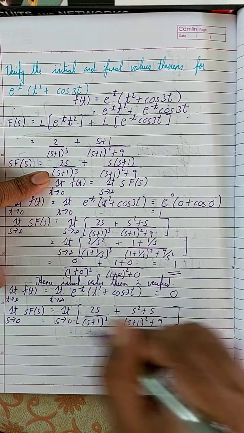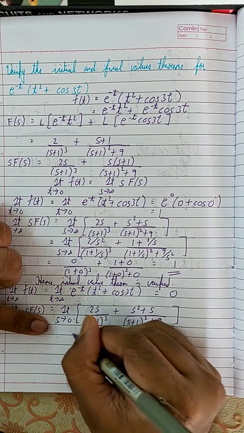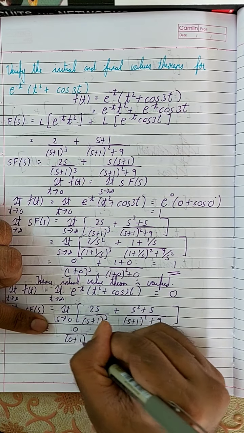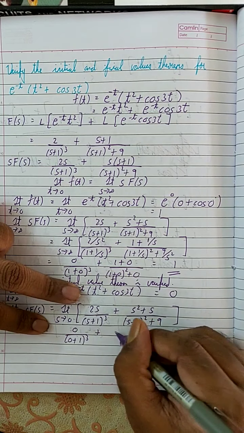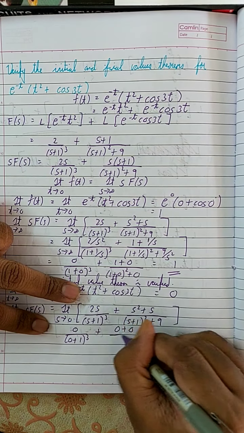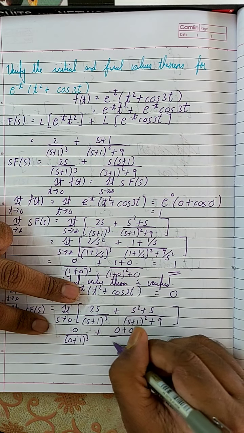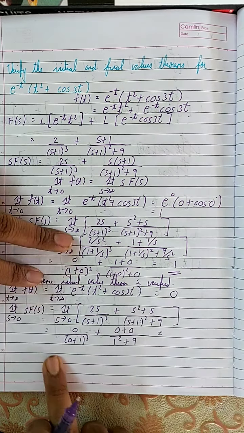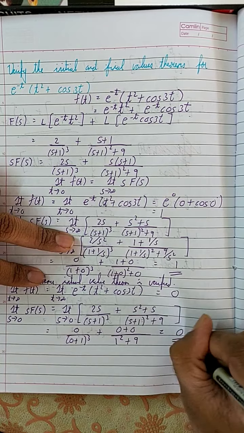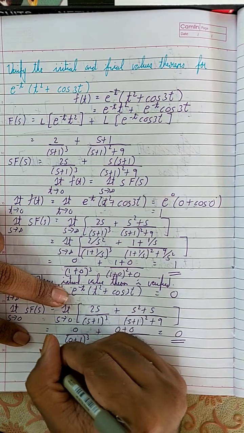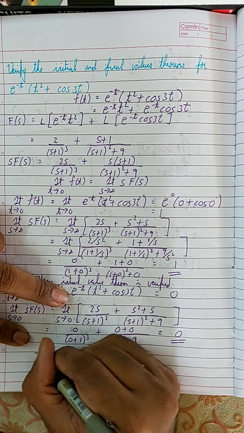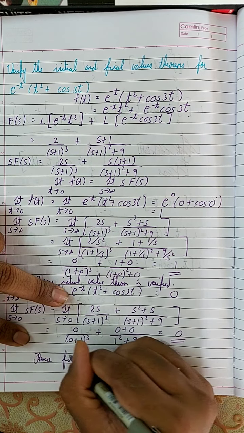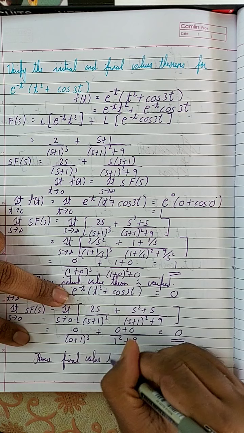So this is equal to 0 by (0 + 1) the whole cube plus 0 plus 0 by 1 square plus 9, and this is nothing but 0 itself. Hence final value theorem is